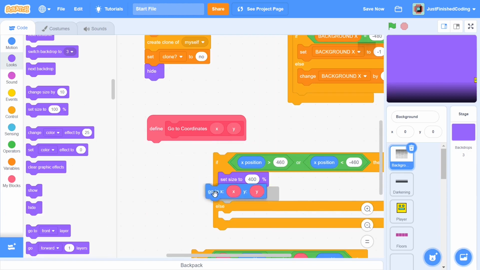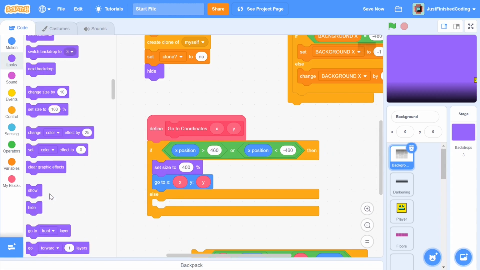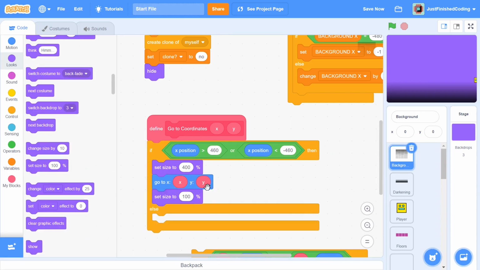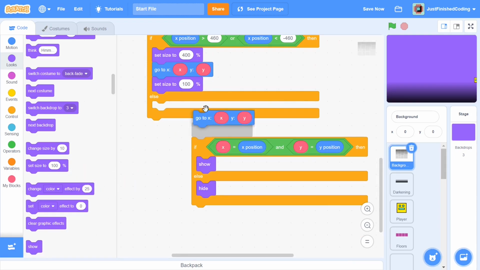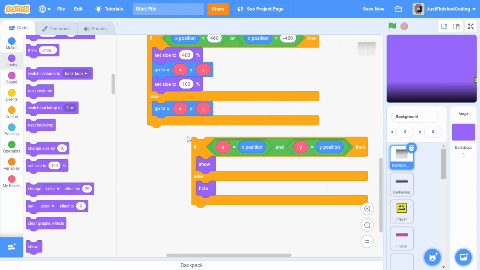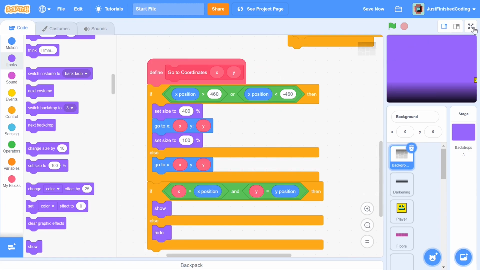Okay, so go to X, go to Y, and then we will set our size back to 100. But if this is not the case, then what we'll do is we will simply say go to X, go to Y. And we can throw in checking if we show a height after this, but this is going to be all that we need.